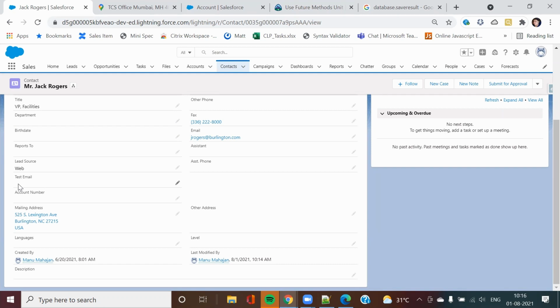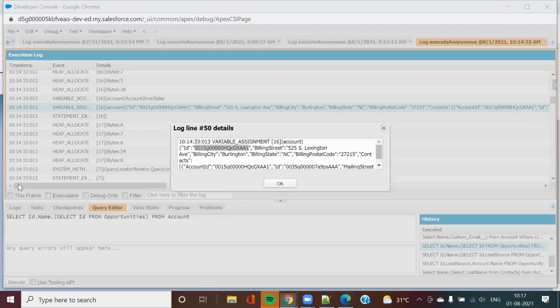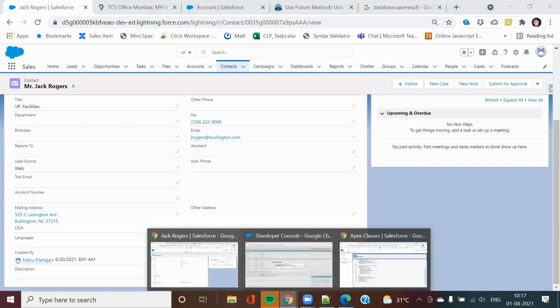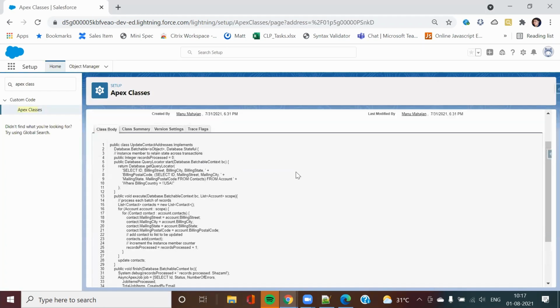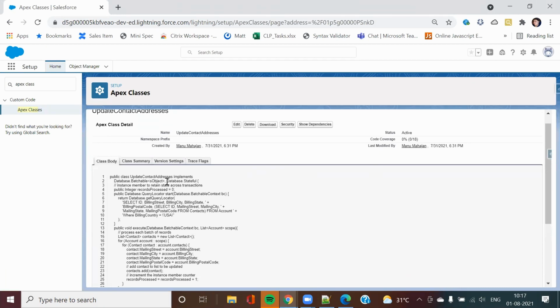And in case I need to make callouts from batch, assume my records are getting updated and I need to send those details to maybe some SAP system or some other system. There, like we have Database.Batchable, you need to make use of Database.AllowsCallouts. That is one thing. And now you will ask me a question, I think you should have asked me: is it possible to call another batch from the first batch?